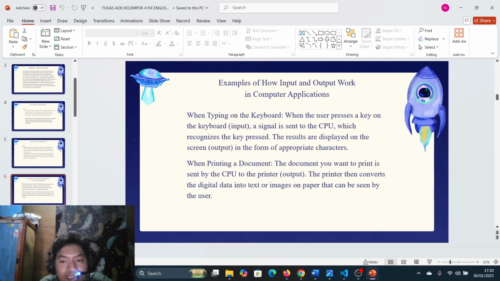The results are displayed on the screen, or output, in the form of the appropriate character. When printing a document, the document you want to print is sent by the CPU to the printer, or output. The printer then converts the digital data into text or image on paper that can be seen by the user.